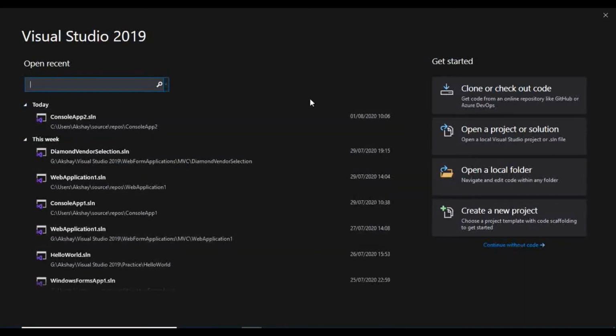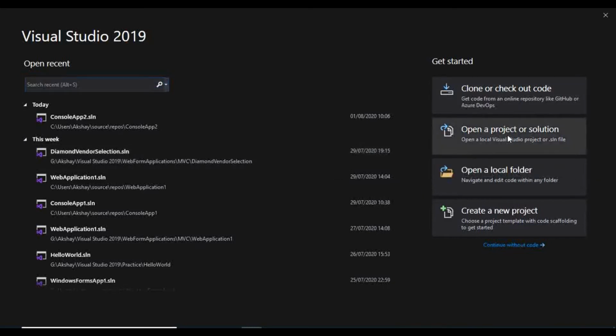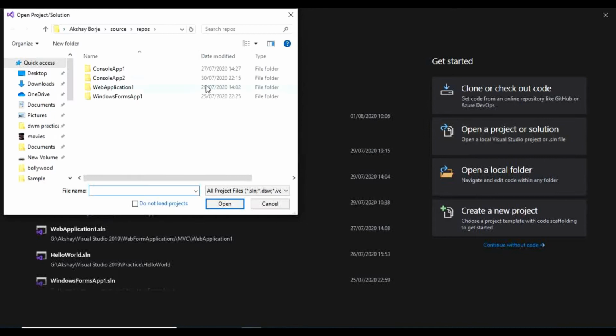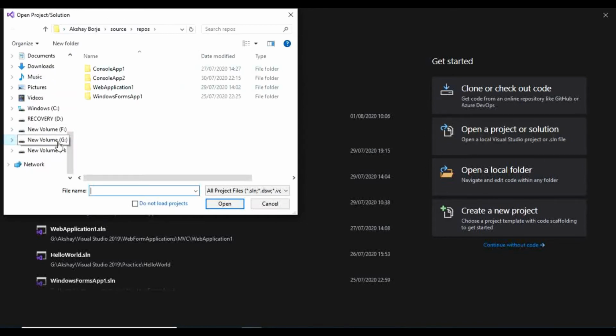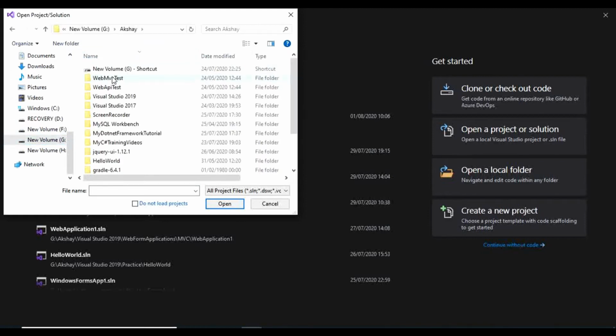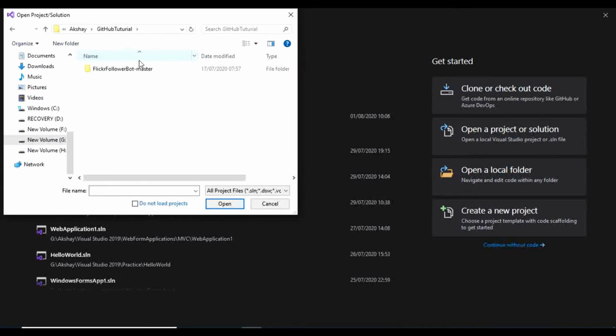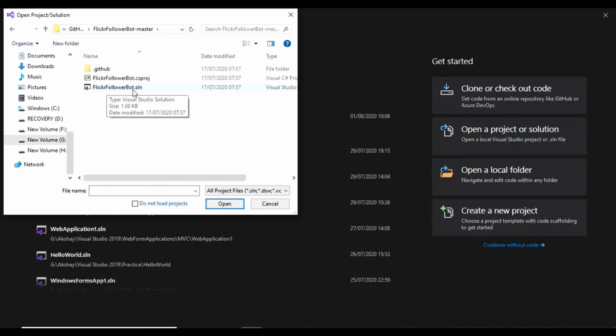As we have downloaded the project from GitHub into one of the folders, just open a project or solution and go to the location where you have downloaded it. I have downloaded it here in GitHub tutorial, and from here you have to choose the file with the .sln extension. Now open that.